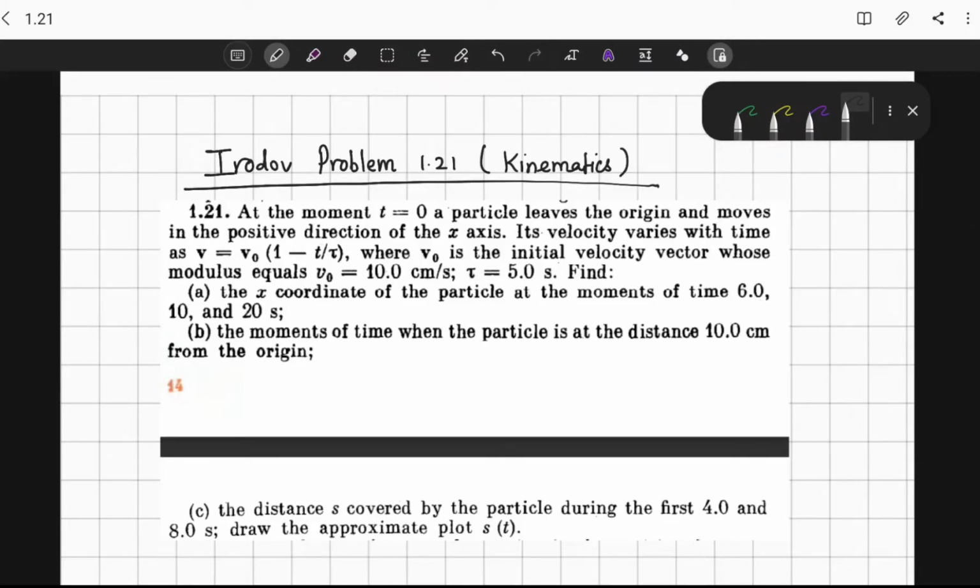Hello everyone. In this video we are going to solve problem number 1.21 from Irodov, and that is related to kinematics. So let us first read out the problem and then we will solve the problem step by step. At the moment t is equal to 0, a particle leaves the origin and moves in the positive direction of